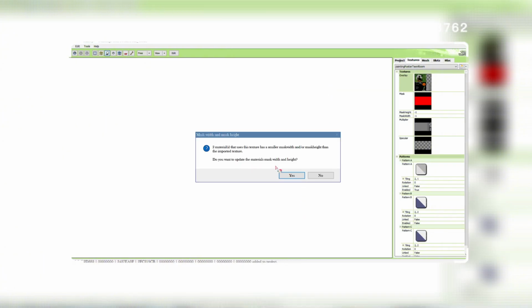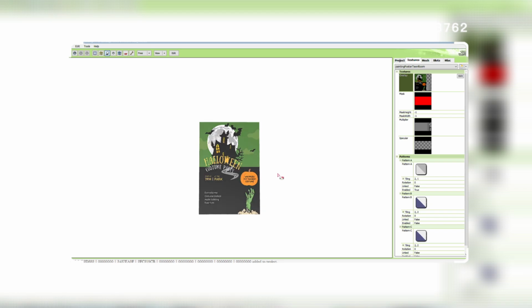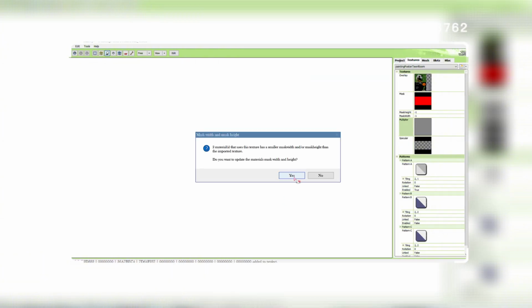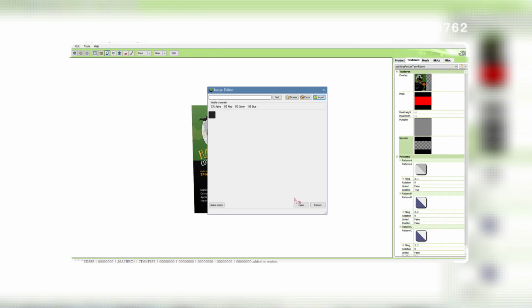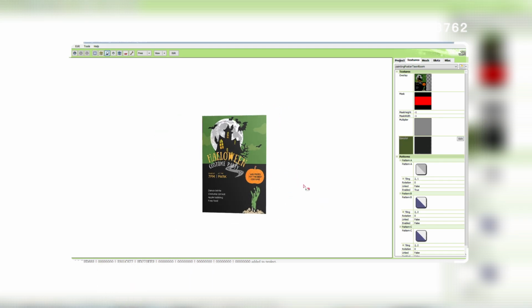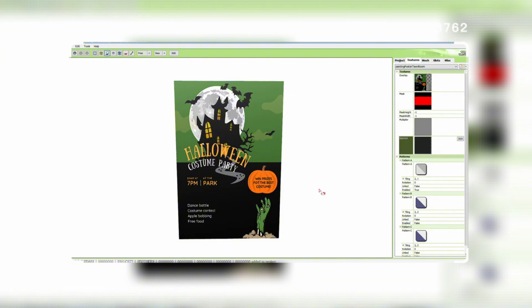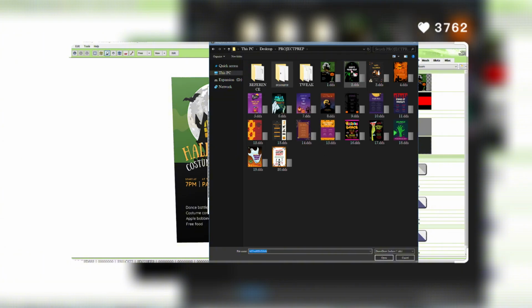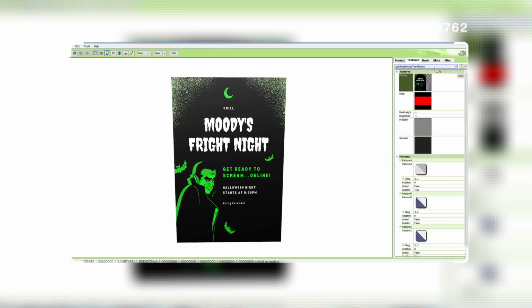Import this one. Yes. And then let's do the multi, and then the specular. Two, 3, 4, 5, 6, 7, 8, 9, 10. Okay. So go to